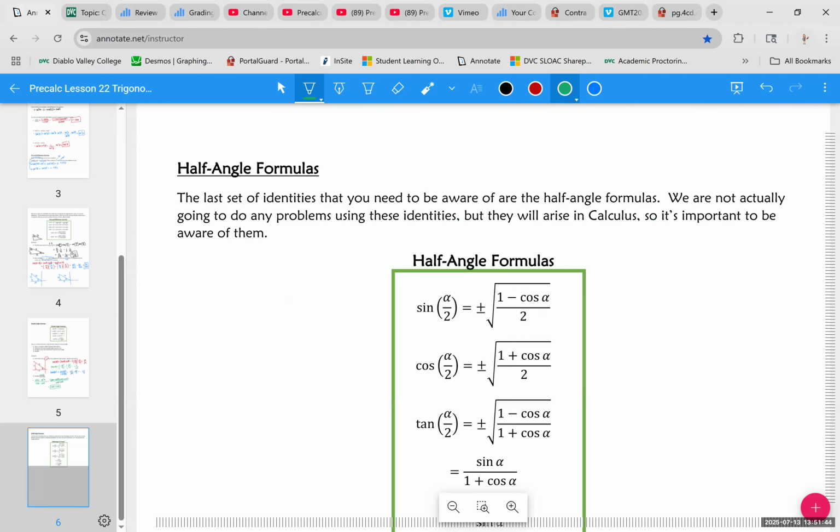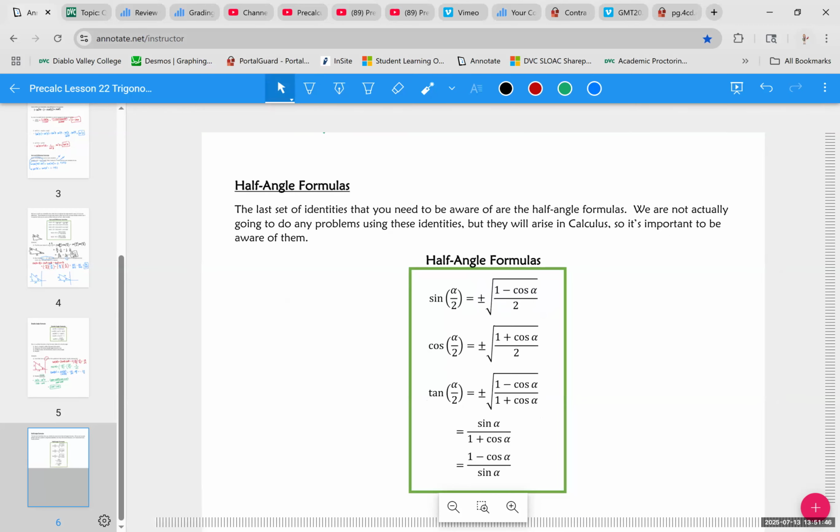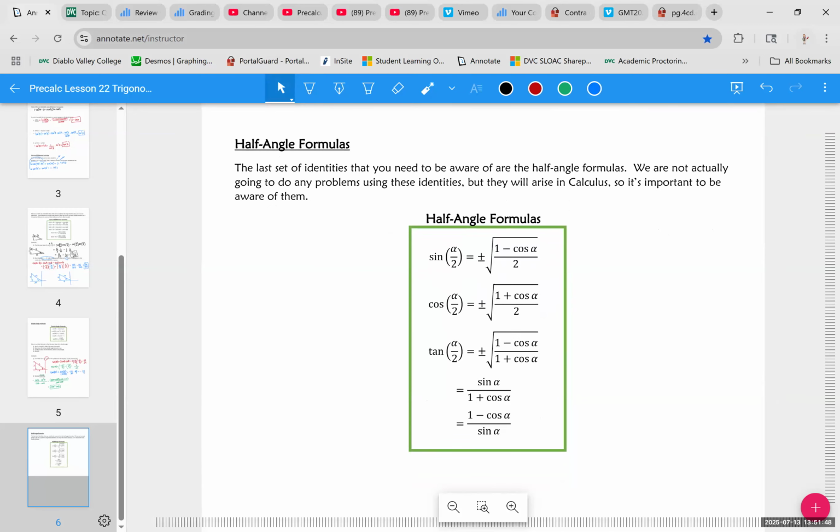All right, last but not least, I'm just going to mention in this video that there are these things called half angle formulas. I put them here because you do need to be aware of them. And we are not going to use these identities in this class because the places that they arise in calculus are places where you're going to be able to just use them then, and they're kind of tedious. We have enough identities as it is, but just to be aware of the fact that